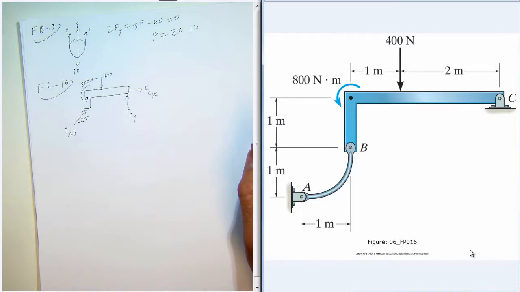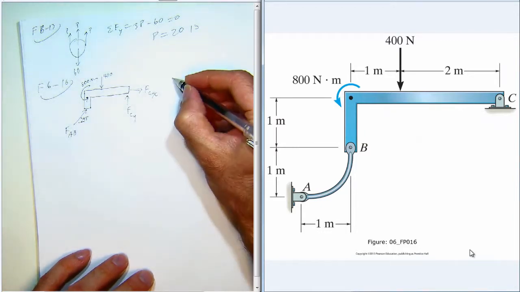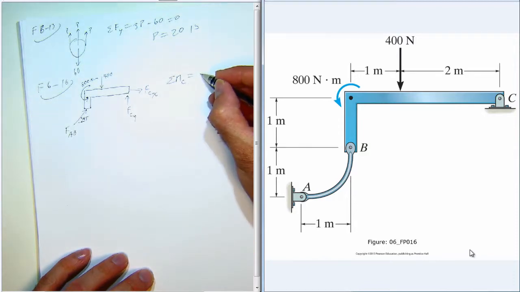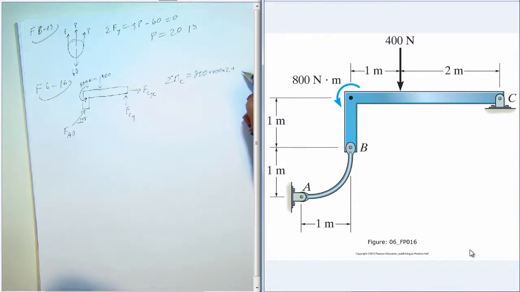We can find the unknown FB by taking the moments about C. So we have an 800 Newton meter force applied, and then the 400 Newton force has a moment arm of 2 meters. And then the Y component, the X component of FB